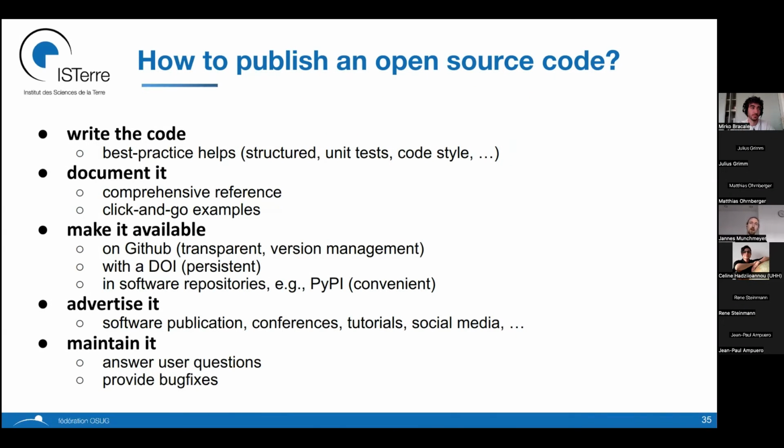So you need to answer user questions, and the code is usually going to have bugs. It helps a lot with user credibility if you provide bug fixes. Maintenance can be a lot of work, especially for projects that grow bigger and are active for a long time. And this is also where best practice comes in again. If you write code with coding best practice, it's much easier to write bug fixes, and also receive bug fixes from other people. It's easier to add features if you have unit testing and continuous integration. So it helps with maintenance if you do that step right.